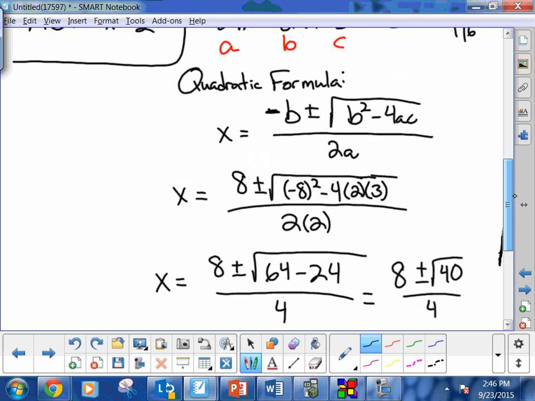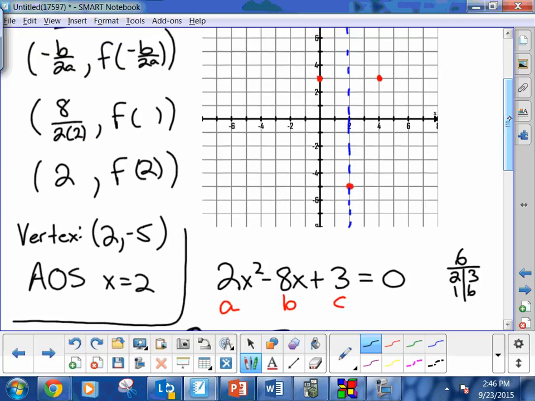Now let's go ahead and actually plot them. So we've got 3.5811 and then 0.4189. When I graph them, I have my 5 points, my vertex, axis of symmetry, my x-intercepts, and my y-intercept, and I am done. It's lovely because I have 5 points. If for some reason you had a parabola that did not produce 5 points, the last step in your directions means that you have to look for one. For example,